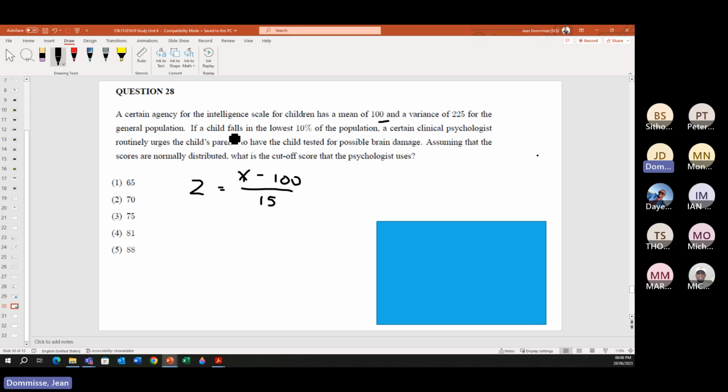If a child falls in the lowest 10% of a population, a certain clinical psychologist routinely urges the child's parents to have the child tested for brain damage. Assuming that the scores are normally distributed, what is the cutoff score the psychologist is using? Okay, so